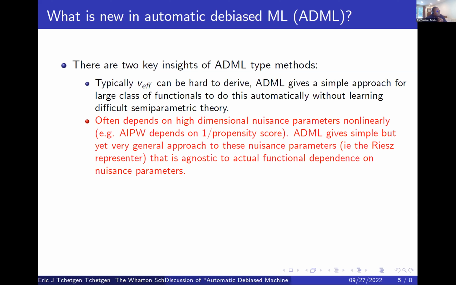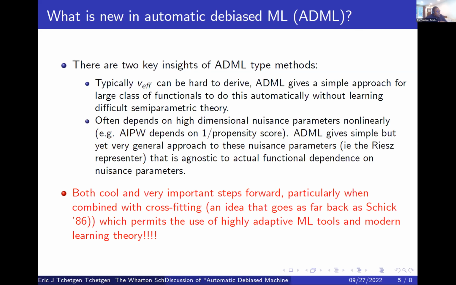As Vasilis described in many examples, often the efficient influence function, and in fact influence functions in general, in order to guarantee this property of small bias, will depend on high-dimensional nuisance parameters nonlinearly. For instance, for the familiar AIPW, it will depend on 1 over the propensity score. And so ADML gives a simple but very general, generic approach to estimate these nuisance parameters, i.e. these nuisance parameters become identified by the Riesz representer, that is completely agnostic to the actual functional dependence on the